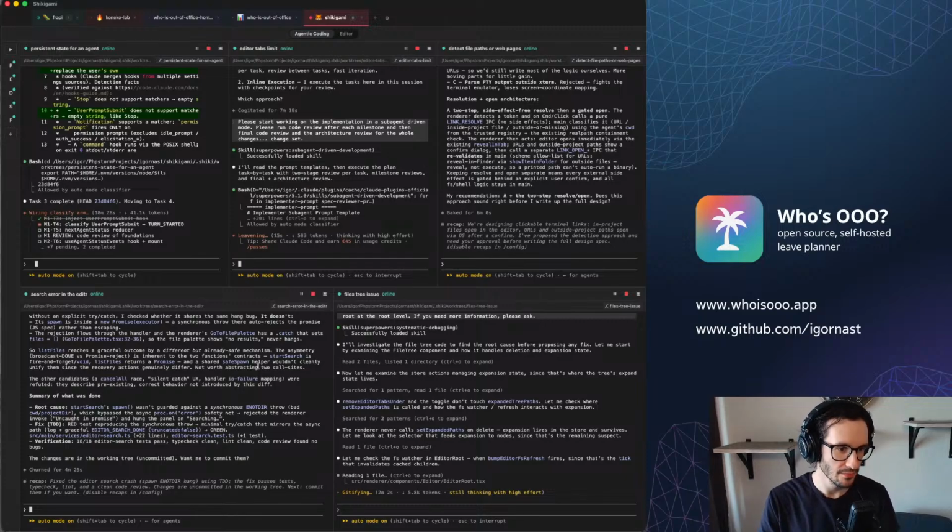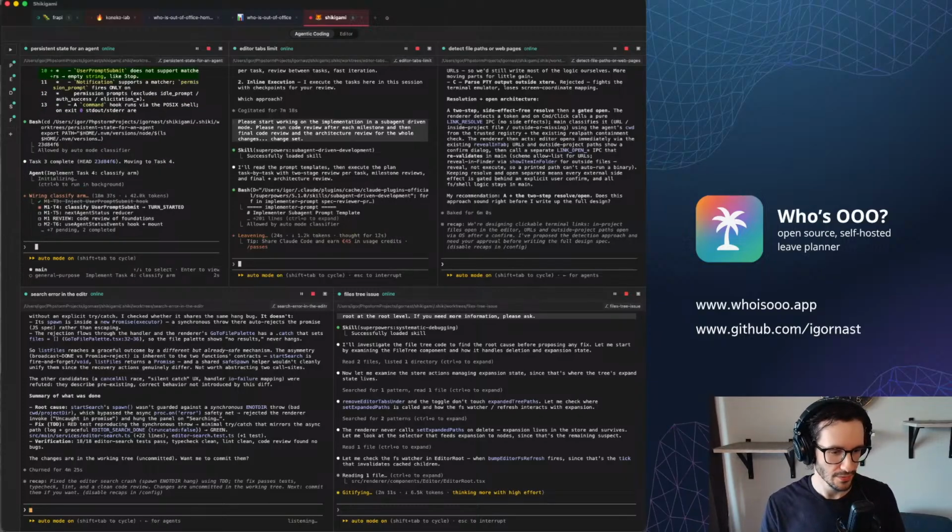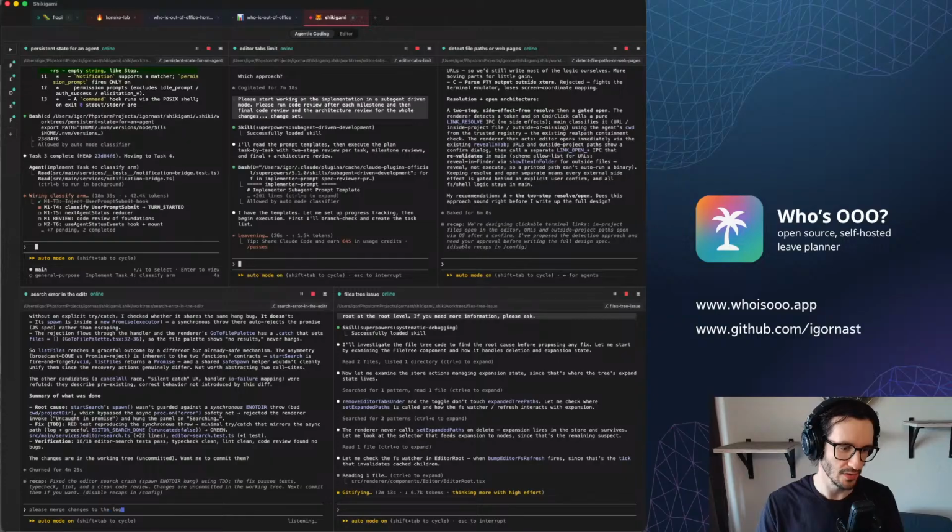The search error fix is ready to be merged. Please merge changes to the local main branch.